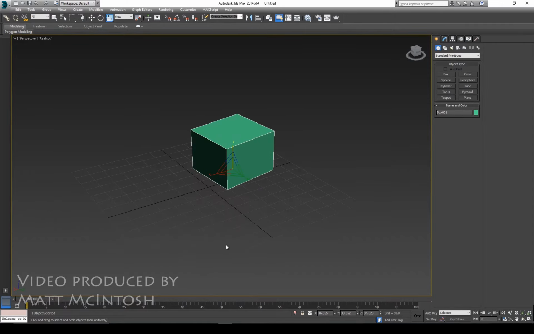Well, if you press F12 on your keyboard, what will come up is this transform type-in tool. Now at the moment, because I've got scale selected, it's the scale transform type. So if I was to put in move, it changes to that. And what this allows you to do is control where the positionings of things are through the X, Y, and Z coordinates. So every object that you've got in 3D space has coordinates that dictate where that object's going to be placed. So if I want to change that, all I need to do is select the coordinates that I want to change, and I'm going to change it back to 0